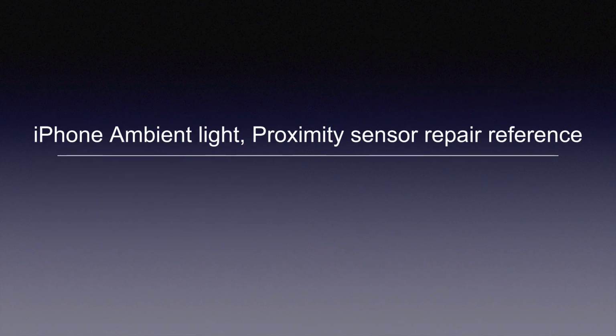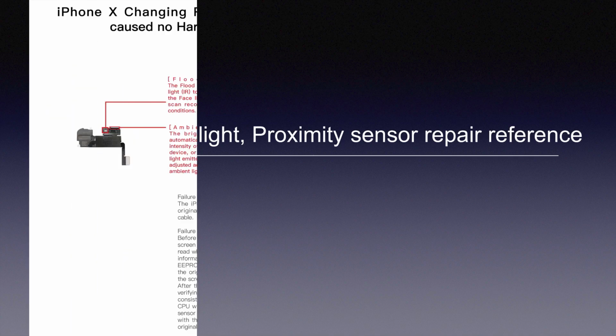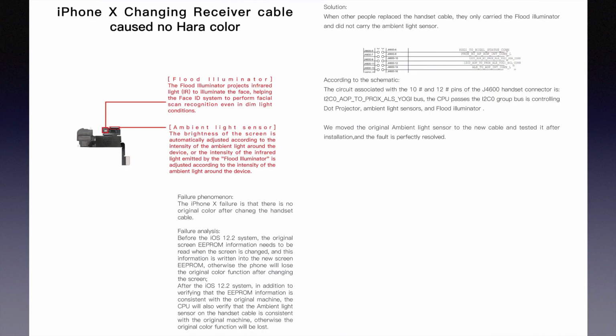Now let's check the iPhone 8 ambient light proximity sensor repair reference. Because there is no iPhone 8 case here, we take the same case of iPhone X for reference. This case is about an iPhone X charging receiver cable causing no original color. This failure is that there is no original color after changing the handset cable. The analysis is: